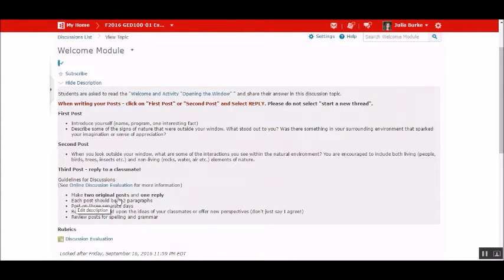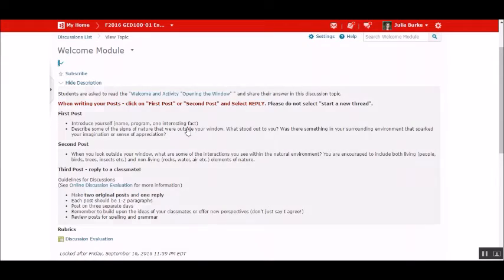Overall, you'll want to make sure you do the 2 original posts, so that's responding to the first post and responding to the second post, and 1 reply. The length of the discussions is typically 1 to 2 paragraphs. You'll want to make sure that you're posting on 3 separate days, and this is really to ensure a genuine discussion is happening. So you're not just going in, writing first, second, third, and then not really being able to see how the conversation develops over the course of the week or 2 weeks, depending on the discussion. So really, if you can remember 3 posts on 3 different days, that's one of the main guidelines